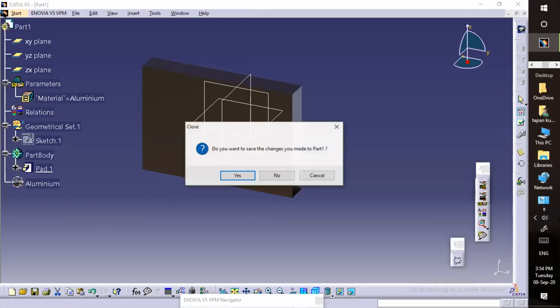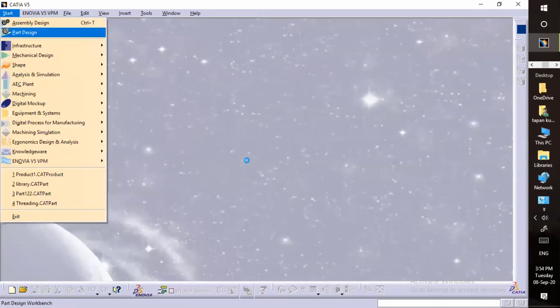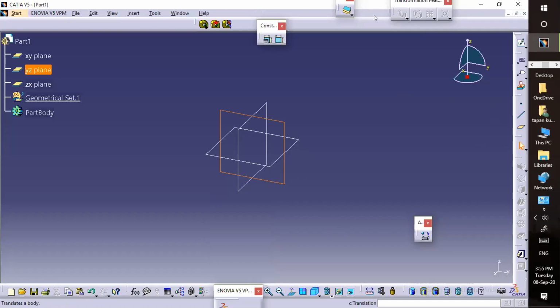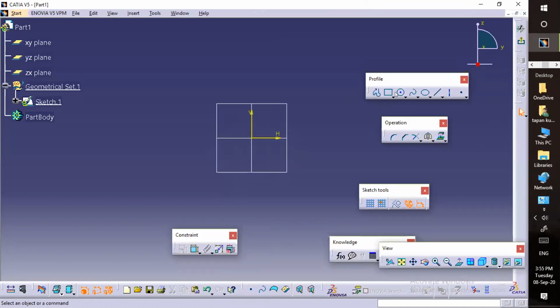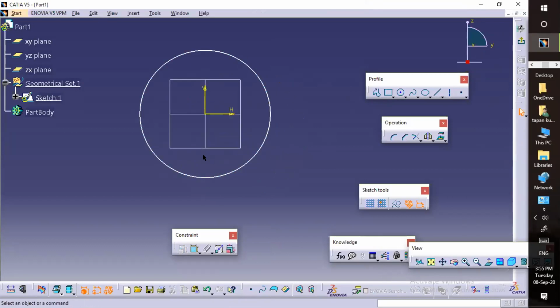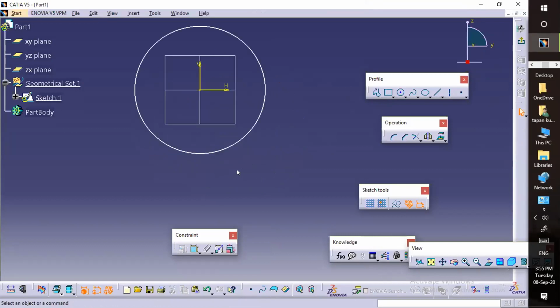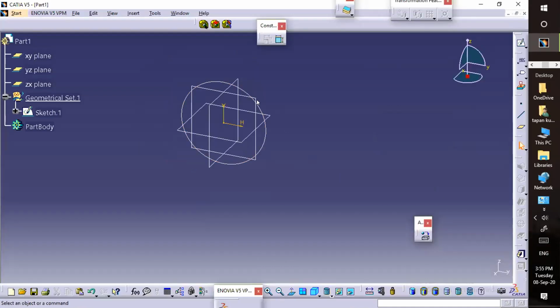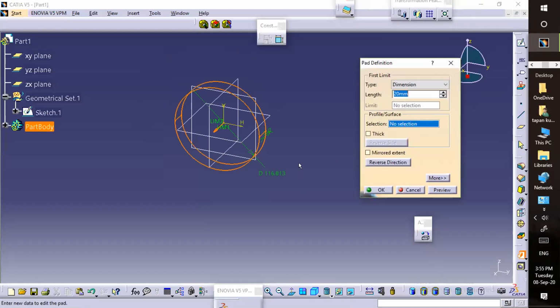The next thing is calculate the area. Sometimes it happens, maybe some mistakes are there. No issue, we'll discuss that later. This time we are going to discuss how we can calculate the area by using the formula. I'll add the thickness. The material we will discuss later. No issue. Okay, as you can see.